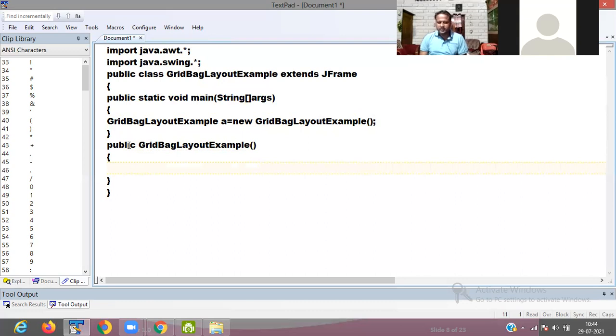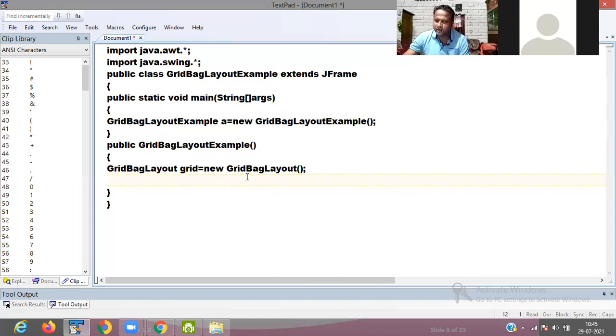Then the object is grid, so GridBagLayout grid equals new GridBagLayout. Like we use flow layout and border layout, GridBagLayout is a predefined class.